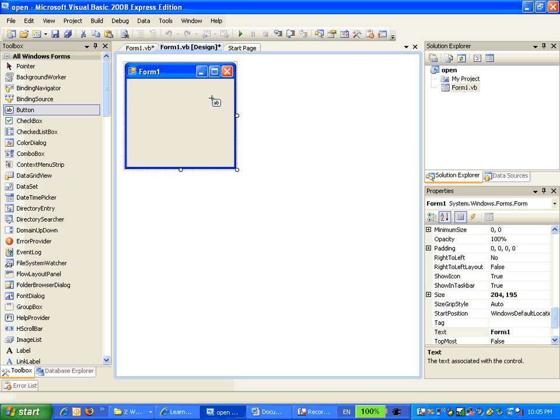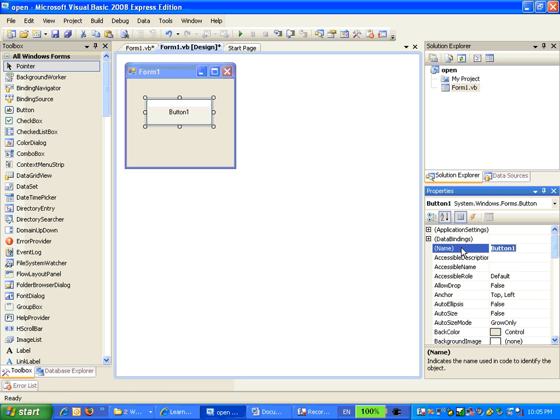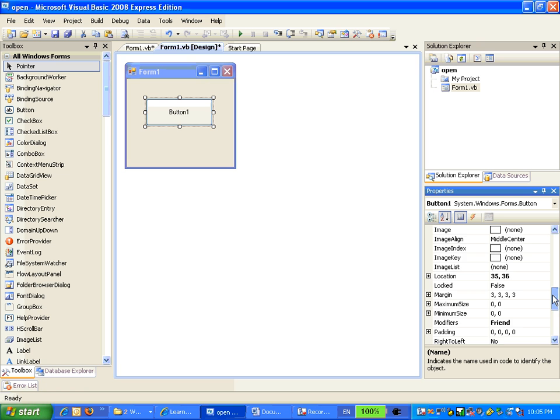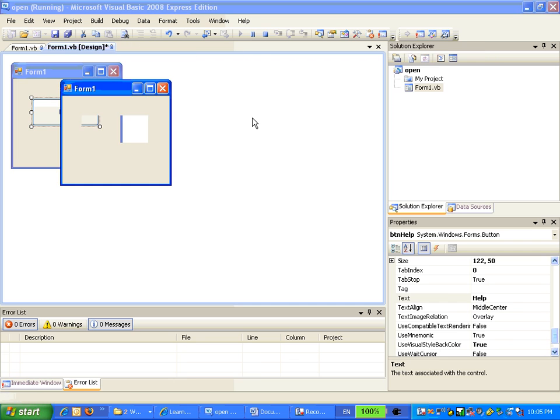So on the form, what I'm going to do first is create the button. It's going to be called BTN help. And the text on the button is just going to be called help. Alright, so the idea of this when I run my application now is that when I click on the help